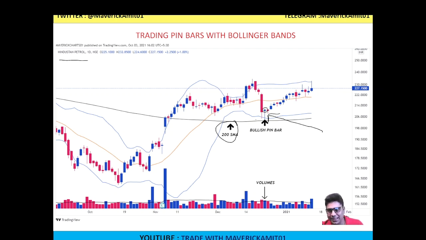And my price, you can see my candlestick pattern, this particular candle has cut through the lower Bollinger Band. Had it not cut through the lower Bollinger Band, the setup would not have been valid. And my most important condition, my volumes are on the higher side. So once we see this kind of a pattern, it has a bullish implication, and my negation level is the low of this candle, and then we see the prices rallying after that.